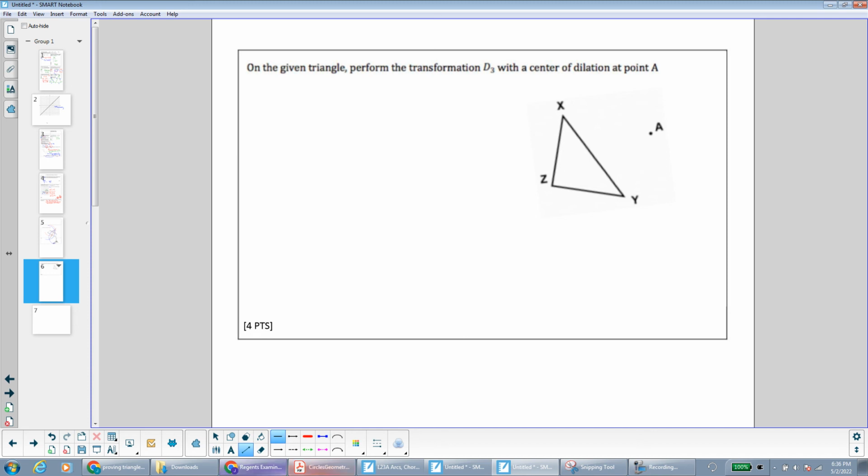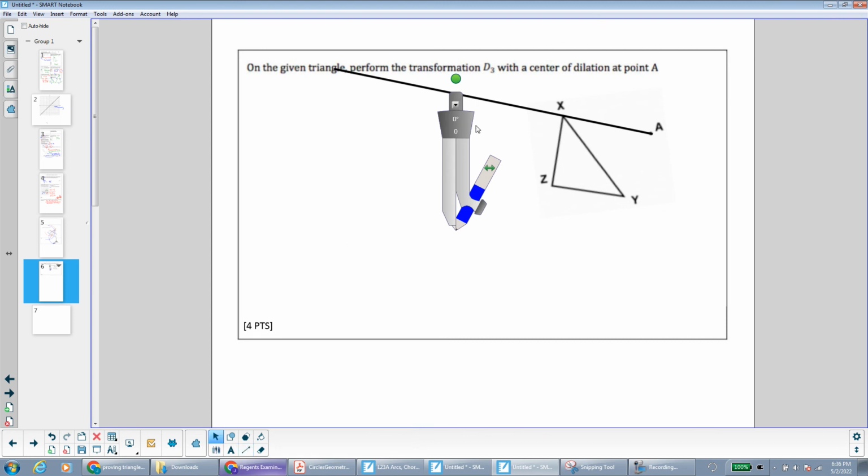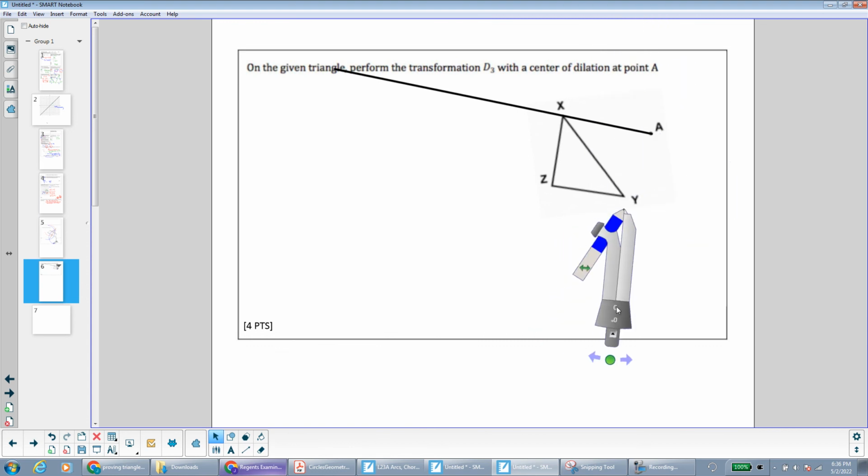So remember that the center of dilation, the pre-image point, and the corresponding image point should all lay on the same line. I don't know where exactly the image point is going to lay, so I'm just going to make this line pretty large. That way I can find where it's going to end up. What I'm going to do is just get my compass, and all I want to do is measure the distance. And let me turn my compass around. There we go. I just want to measure the distance from the center of dilation